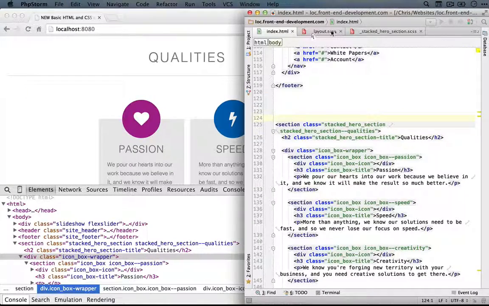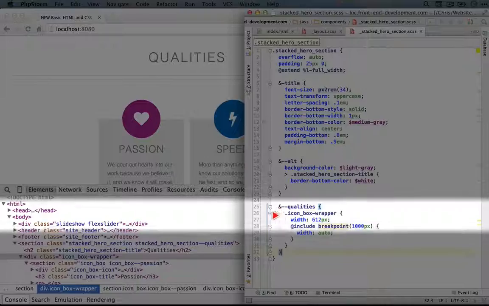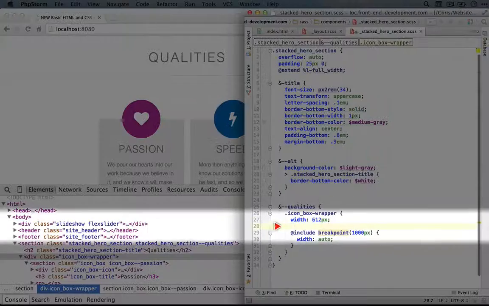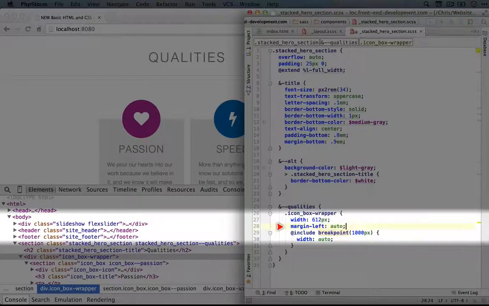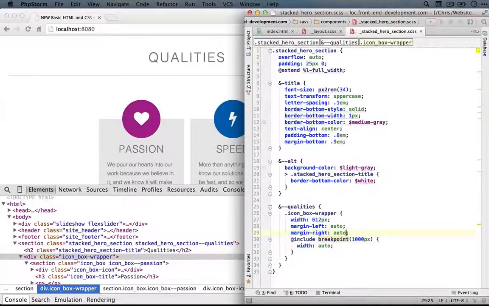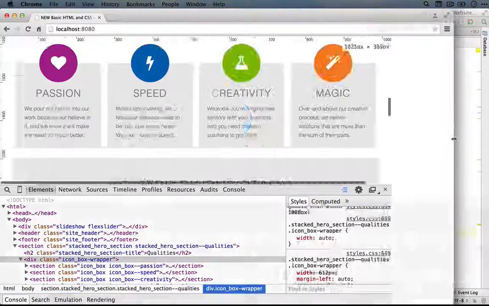Okay, so let's add this to our styles. So here we have our small browser styles first. So we'll add margin left auto and margin right auto. We'll save it and refresh in the browser. And okay,